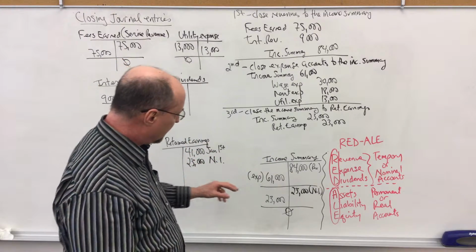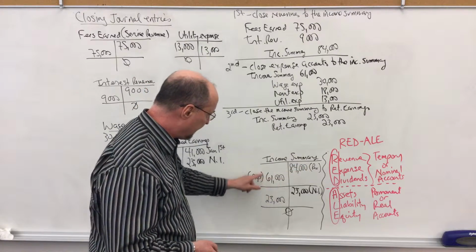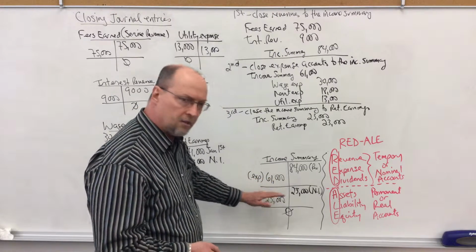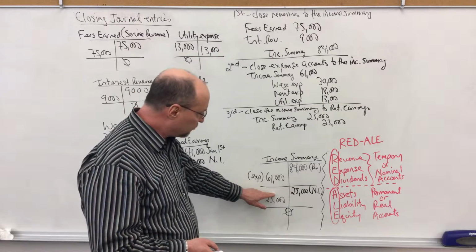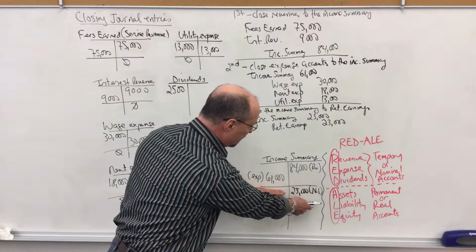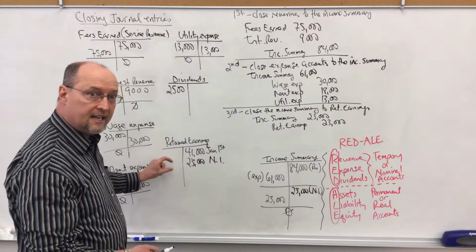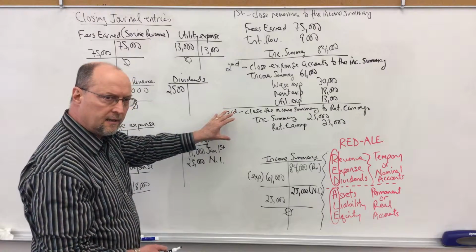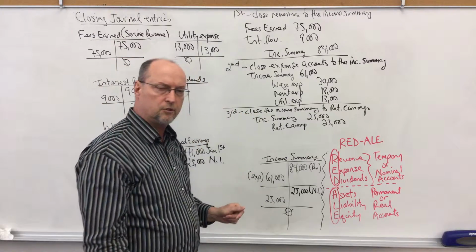If, however, my expenses were more than my revenue, suppose this were 90,000 instead of 61,000, that would leave a $6,000 debit balance. That would represent a net loss. And then to close out the income summary, if I have a net loss of $6,000, I would have to credit the income summary, and I'd put a debit in retained earnings for net loss, and a net loss would reduce retained earnings. So watch out for the third closing entry, because it depends on whether or not we have net income or net loss as to how we close out the income summary.